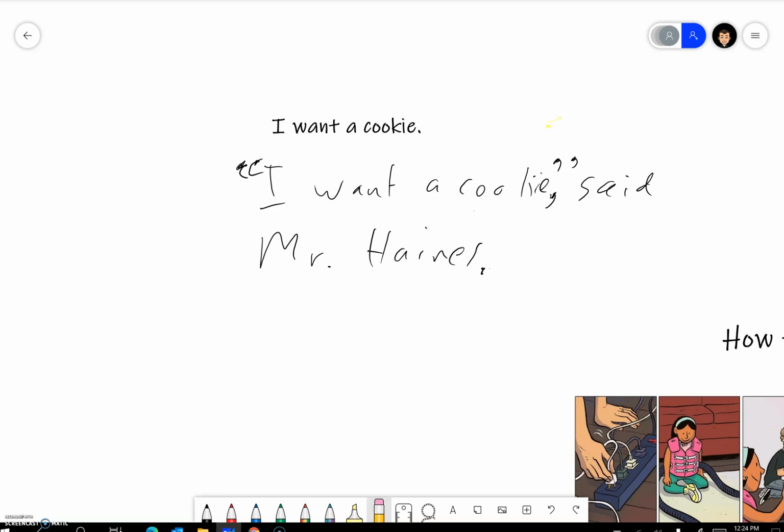Now, we can also add different punctuation. Say we want to say Mr. Haynes really wants a cookie, and we want to say that he's saying it with a lot of excitement and anger. Okay, so then I'd erase my comma. Instead of the comma, I would add an exclamation mark, like that. So now it reads, "I want a cookie!" said Mr. Haynes. Okay, now again, if there was a question, you would add a question there. So instead, if I want to say, can I have a cookie? Then instead of an exclamation mark, I put a question mark after that. Okay,